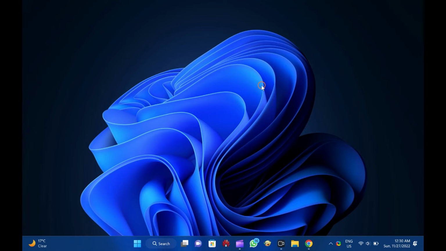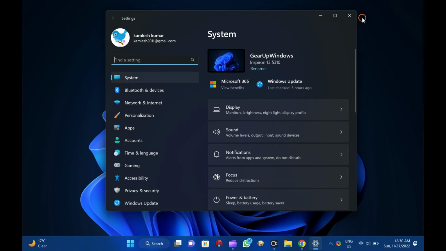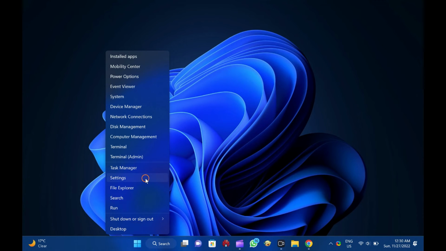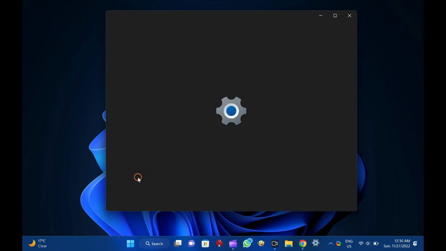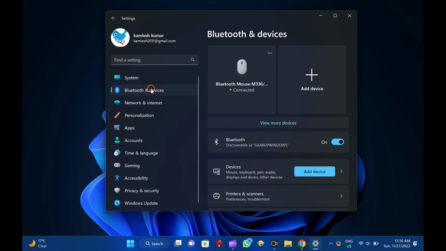To disable Bluetooth on Windows 11, first, open the Settings app by pressing Windows plus I keys all together. Alternatively, to launch the Settings app, right-click the Start button and select Settings in the menu. Then, click on the Bluetooth and Devices category from the left side pane in the Settings app. On the right side of it, turn the toggle switch to the off position to disable Bluetooth on your